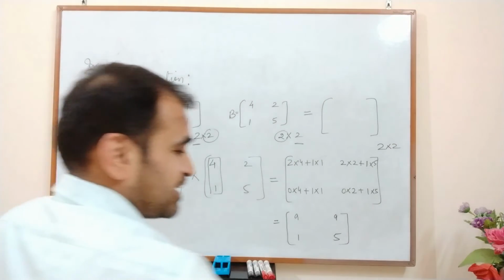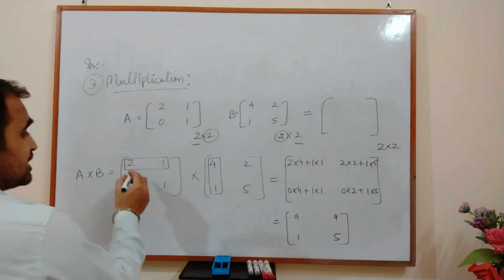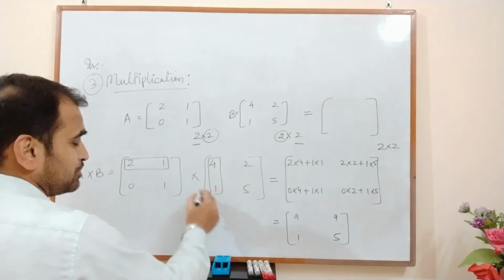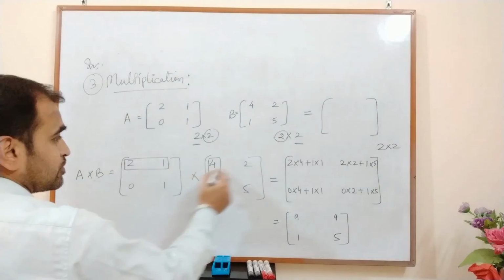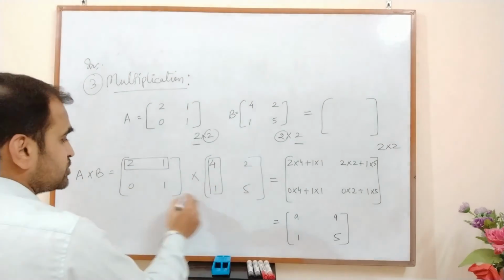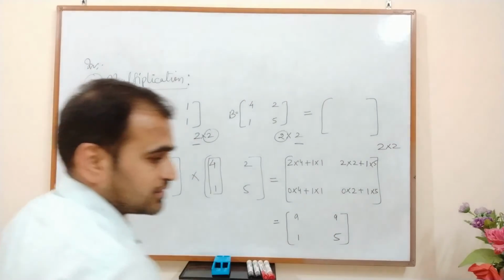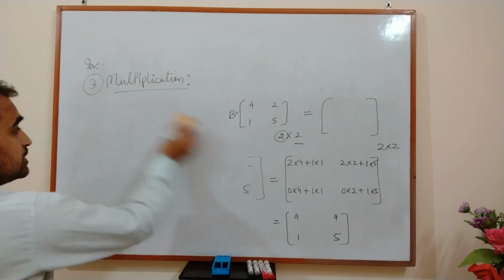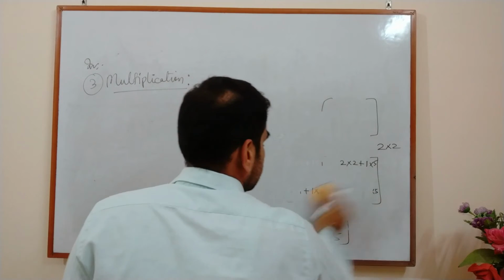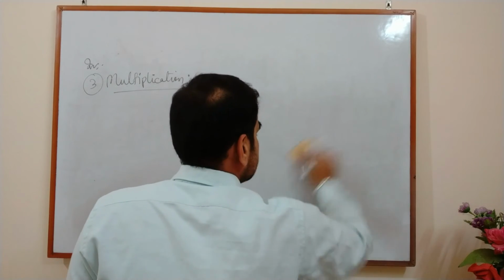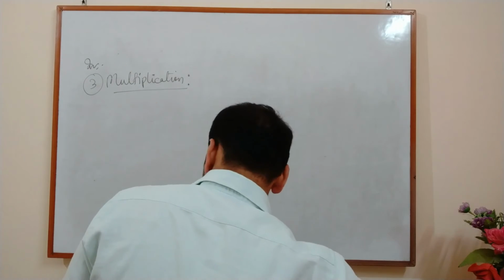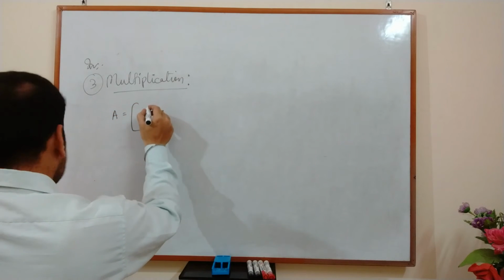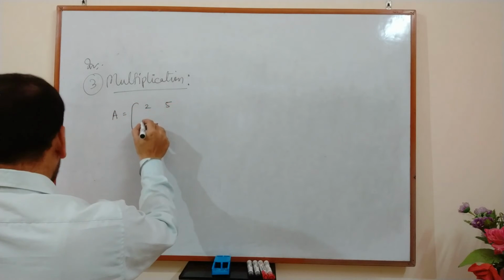Okay, so this is very important. कैसे किया आपने? Take the elements from the row, multiply with the column elements. Then first row, second column, second row, first column, second row, second column, like this. Okay. अभी एक और example लेते हैं. Let's suppose we have matrices of different orders. Maybe if we take a matrix A of order 2 cross 2,